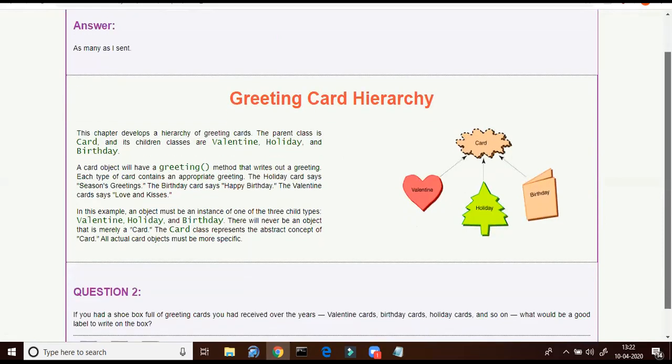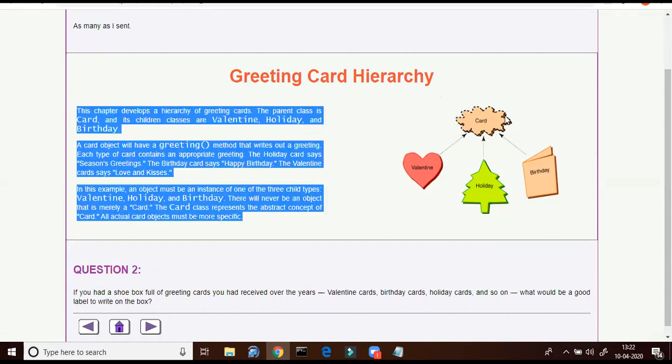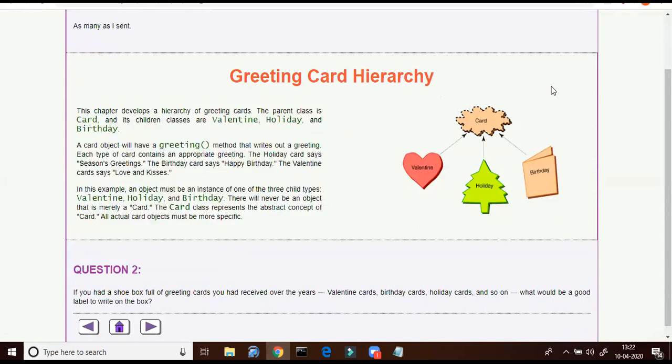So now let us create an abstract class of something of this kind. We'll be creating a class called card, and this class card will be an abstract class.